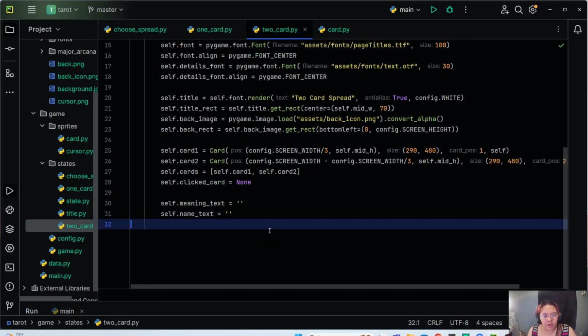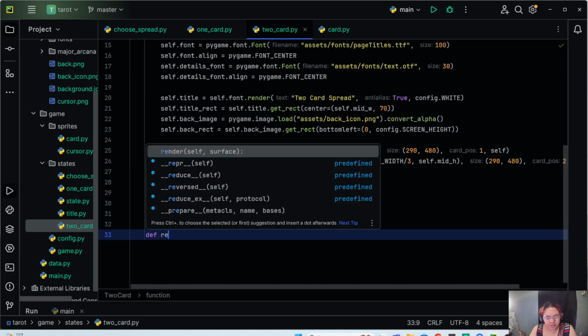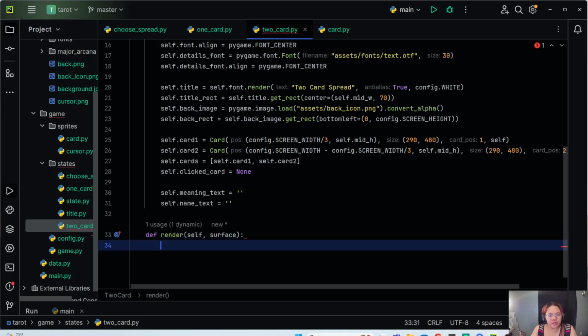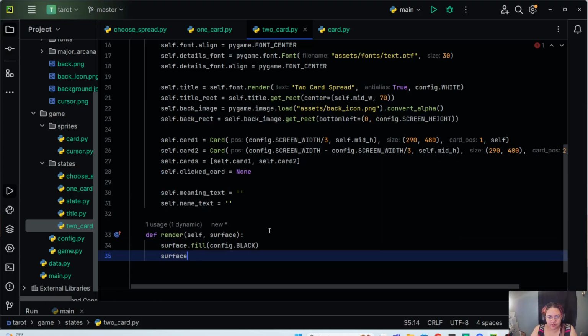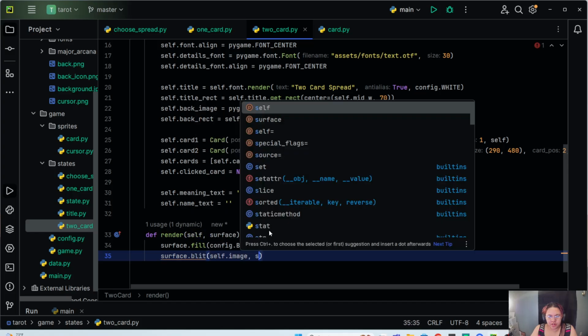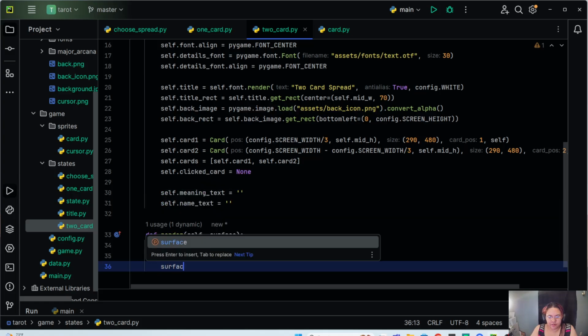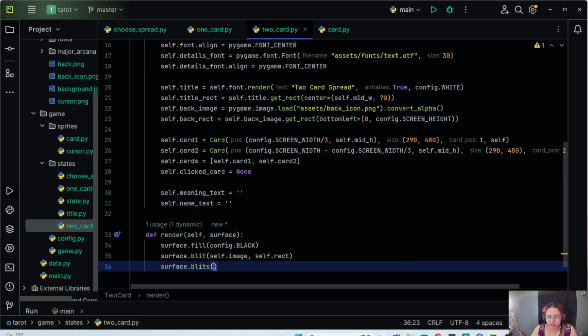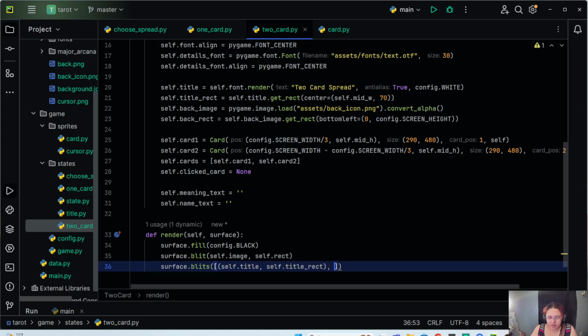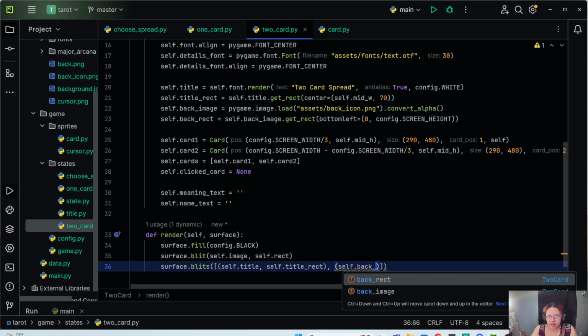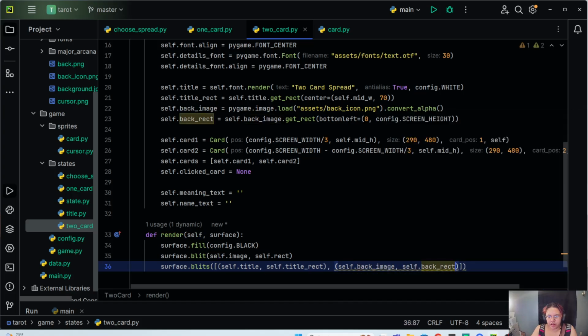All right, almost done. We'll do render, self and surface. We'll do surface.fill, config.black, surface.blit, self.image, self.rect, surface.blits with an S, a list of tuples. We'll do self.header, nope, I called it title, self.title rect, and self.back image, self.back rect, and we'll do